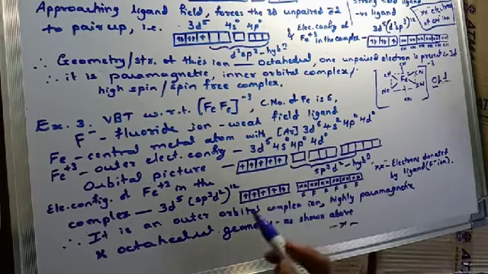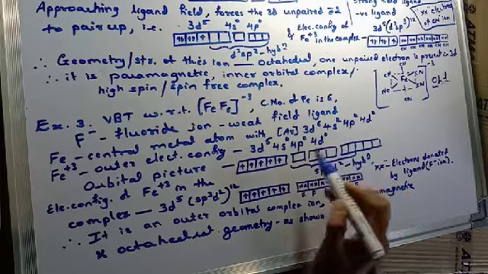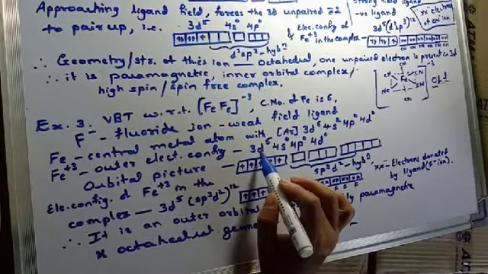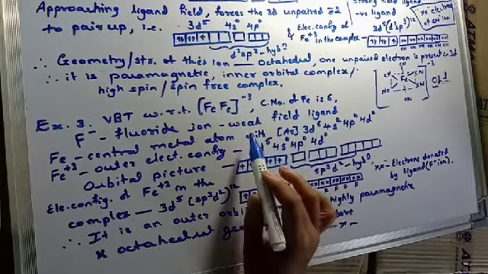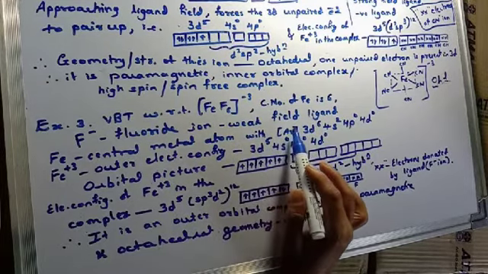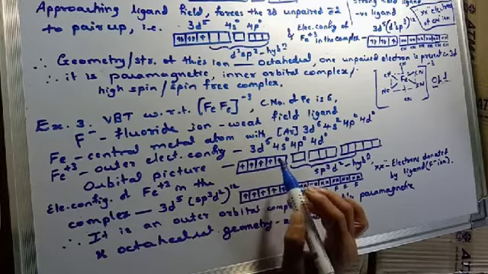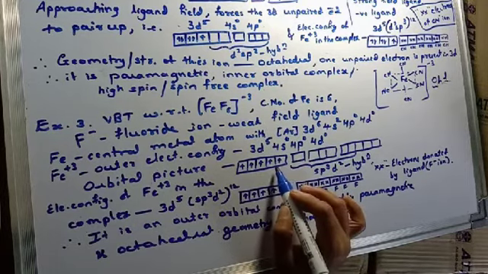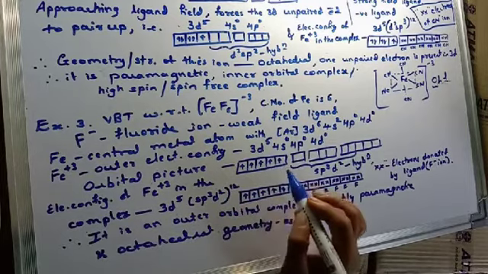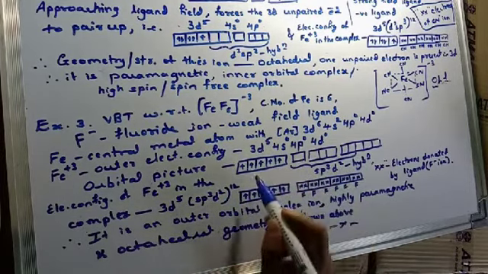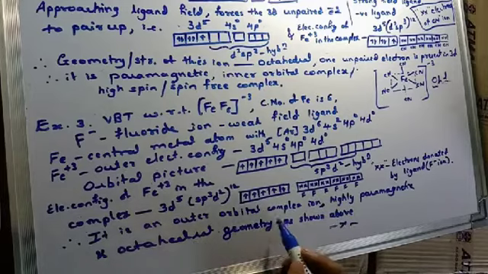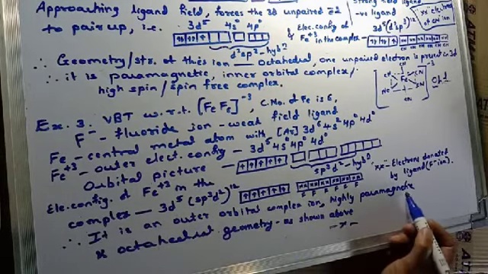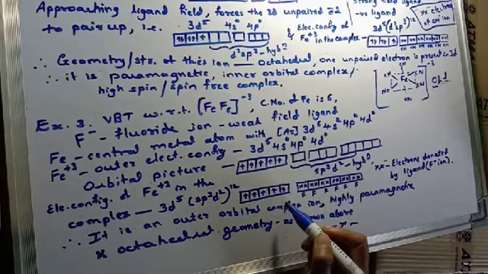So outer d orbitals are used, outer 4d, not the 3d. In the previous two cases inner 3d orbitals are used because of the approach of a strong field, but here the approaching ligand field is weak, hence it is unable to force these electrons to make the inner orbital empty. So in this case it is said to be an outer orbital complex and highly paramagnetic. It is also said to be a high spin complex. The outer orbital geometry is octahedral and it is highly paramagnetic in nature, and the structure is octahedral, similar to